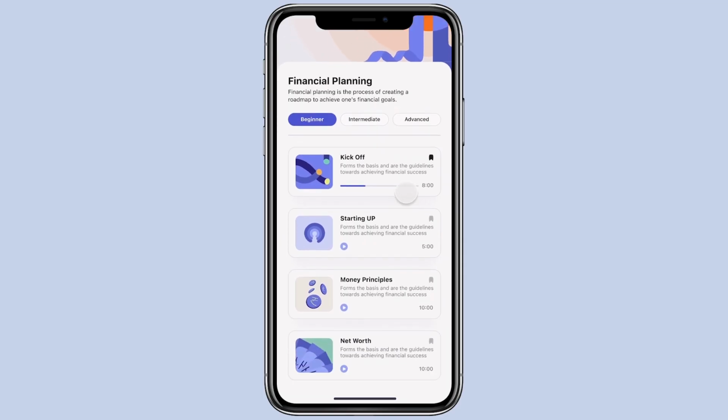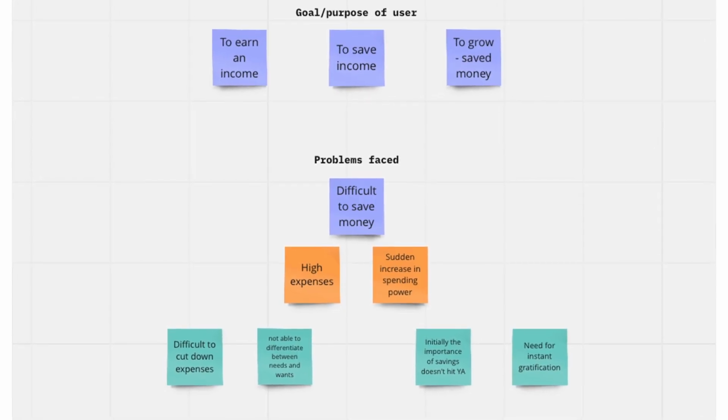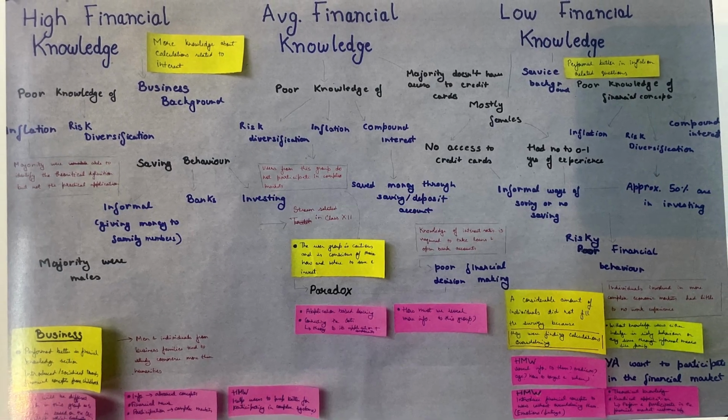So it was an application. I did a UX UI project, UX being user research and UI being the interface. I conducted user research as well as market research, and then I developed an application based on that,